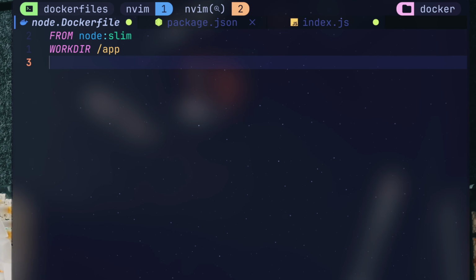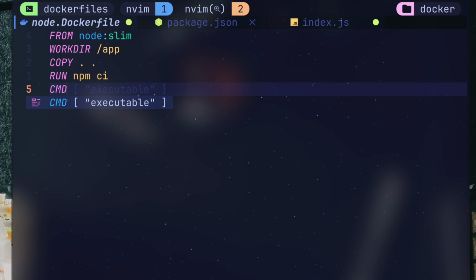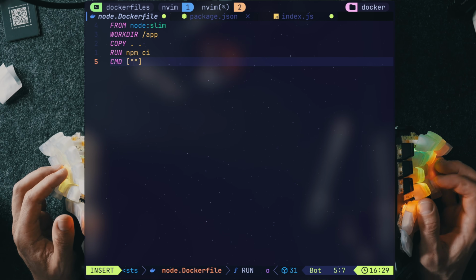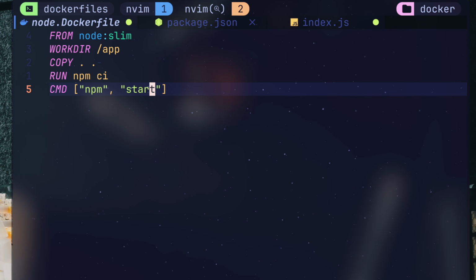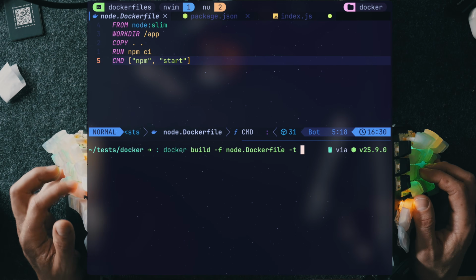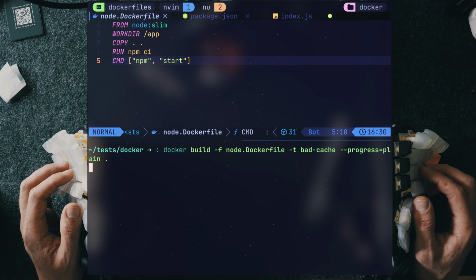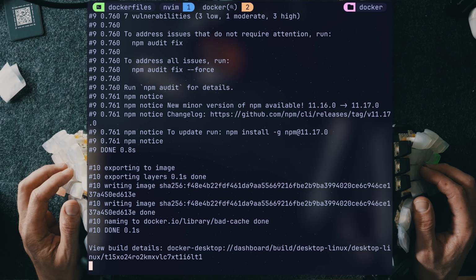Moving on with our image, we add a WORKDIR and then copy everything. npm ci stands for clean install, which is what you want to have during, well, CI, and similarly when building containers. Next, we run npm start and basically we're good to go. Build it, then the tag should also give a hint for our problem. We've built it and npm ci runs.